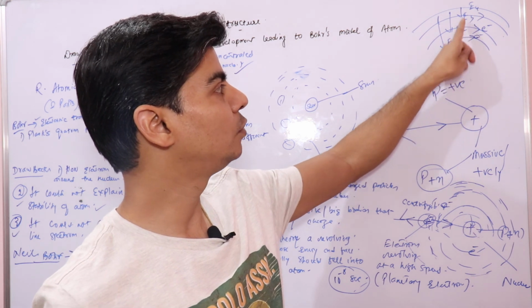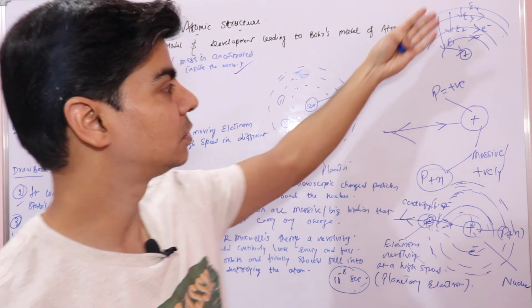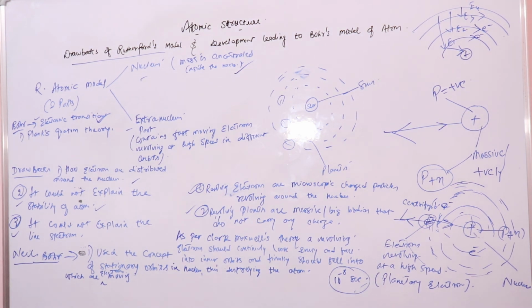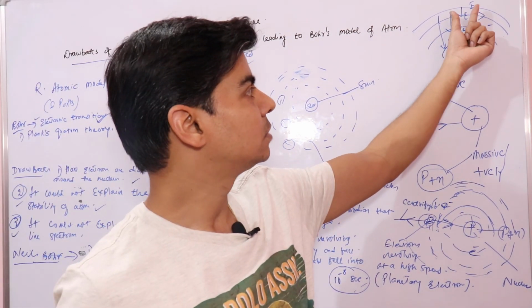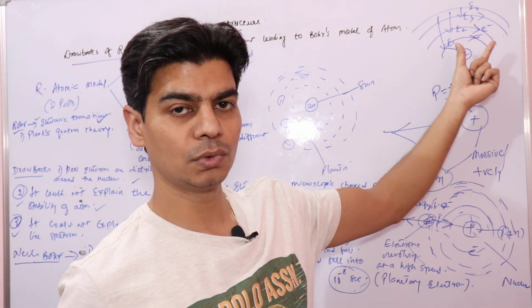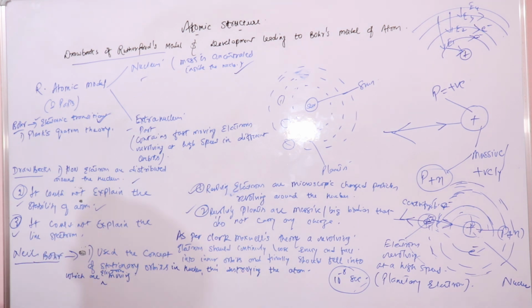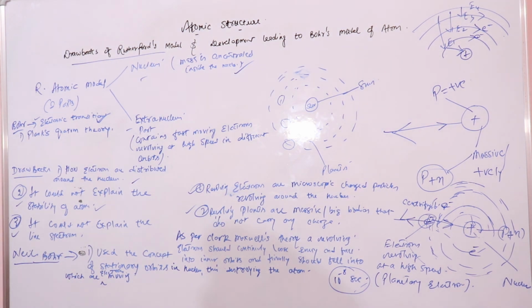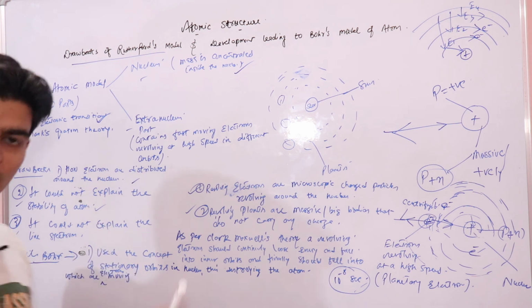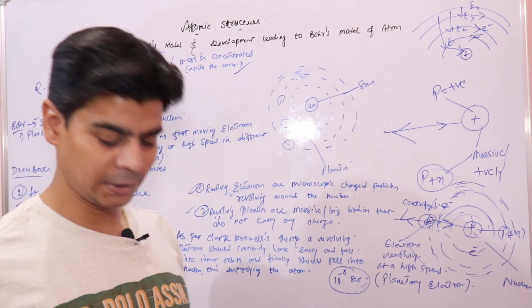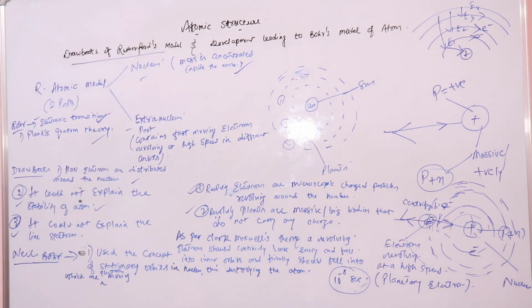When these electrons move to higher orbits, we say the atom is in an excited state, right? And when electrons return from their excited state back to their ground state, they will emit radiation, which will explain the line spectrum. And Niels Bohr used Planck's quantum theory to explain his atomic model, which says that, so we'll do this in